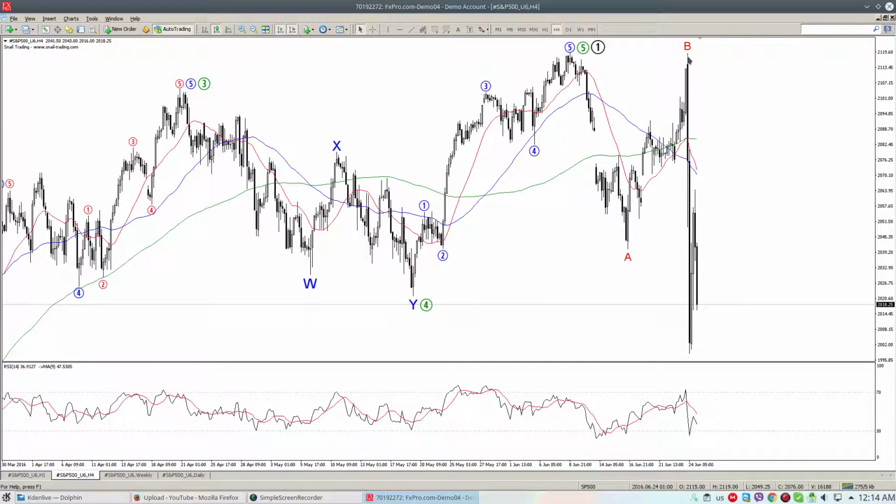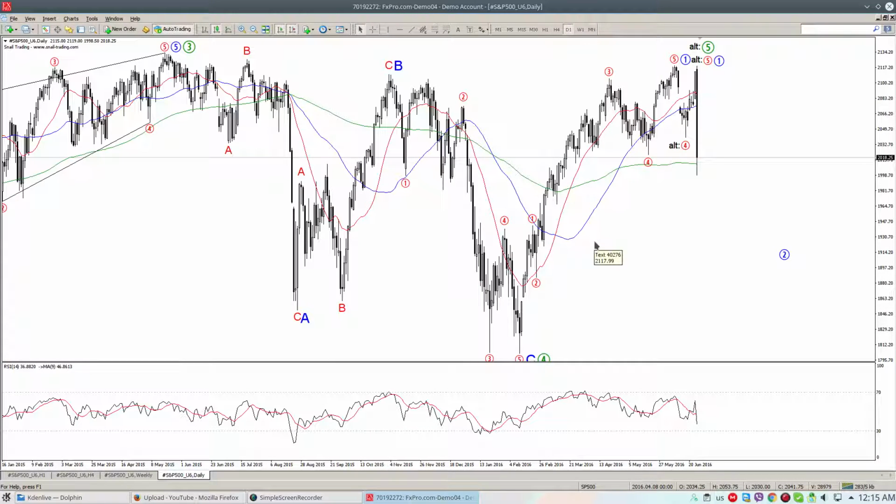Looking at lower time frames, this is the rebound that I'm talking about. It is exactly at this high. I prefer the scenario where this is wave A, this is wave B, and this is wave C of a W. I prefer it to the scenario that this is a wave 4, because it is too small to be a wave 4 of that degree, although it's not improbable,